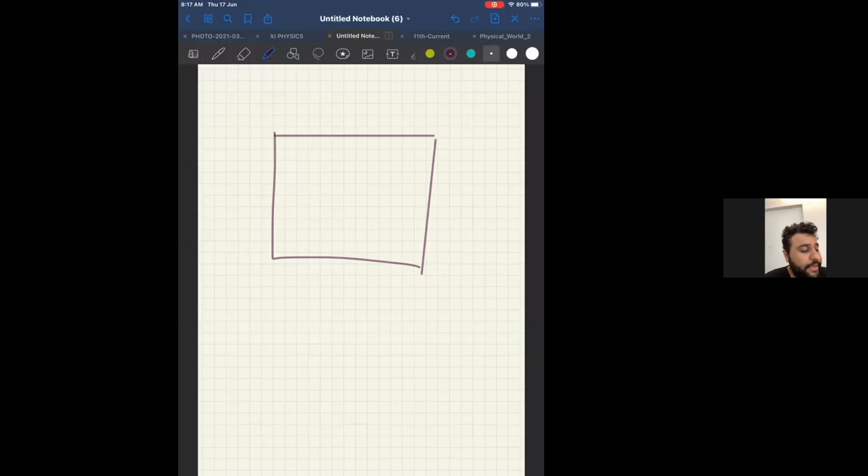Now, 11th one, the vertical component of the Earth's magnetic field is 0. I had shown you one diagram. At the equator, vertical component is 0, and at the pole, horizontal component is 0. Remember, at the equator, vertical component is 0 because the equator is horizontal, and at the pole, horizontal component is 0. Over here, what they are saying is the vertical component is 0. That means it has to be the magnetic equator itself.